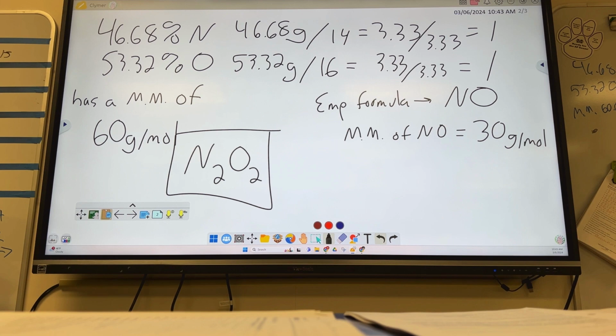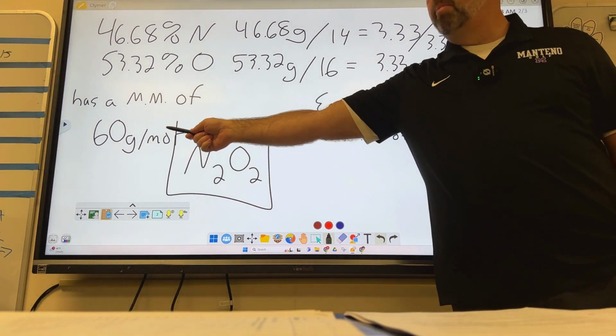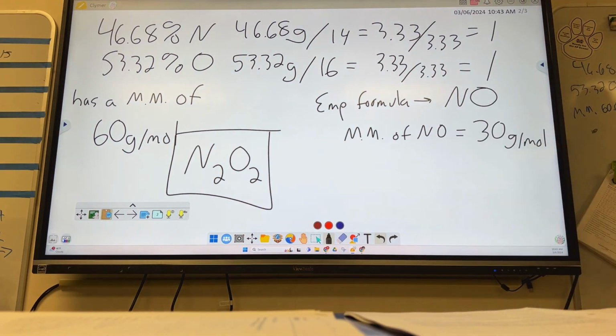So look, our molar mass of our empirical formula is 30 grams per mole, right? Our target has a molar mass of 60. So it must just be double our empirical formula,